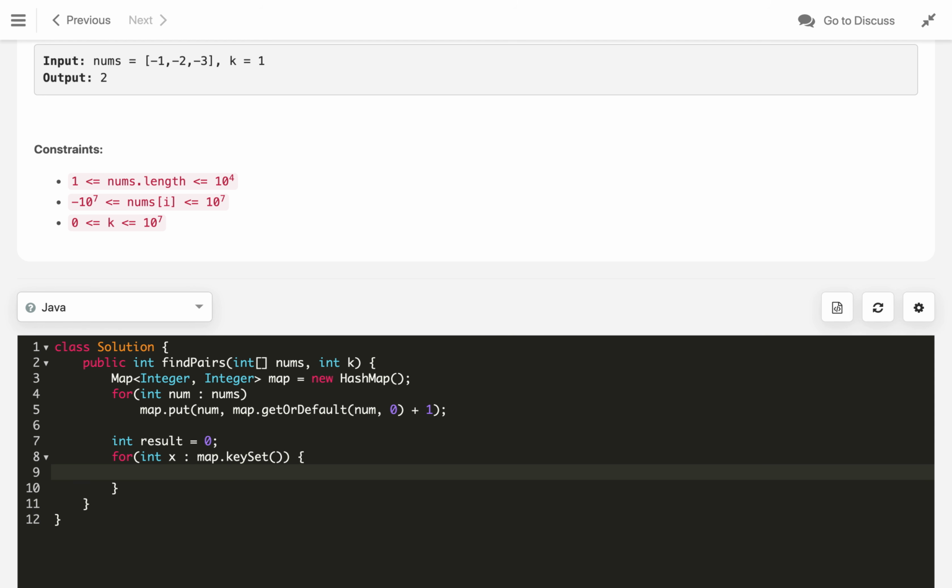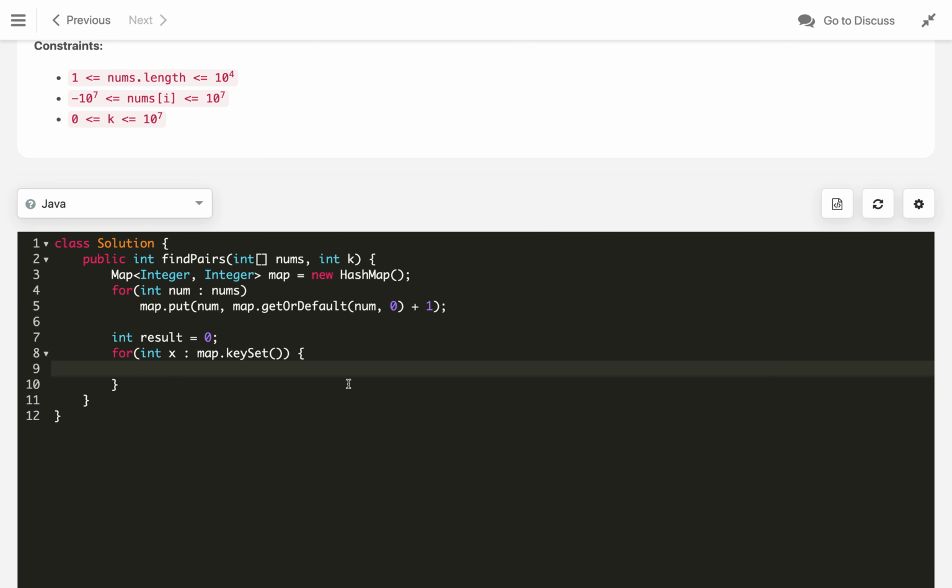Here I will check if k is greater than 0, and map dot contains key x plus k, or the other case, if k is 0, then we will just check map dot get x greater than 1.